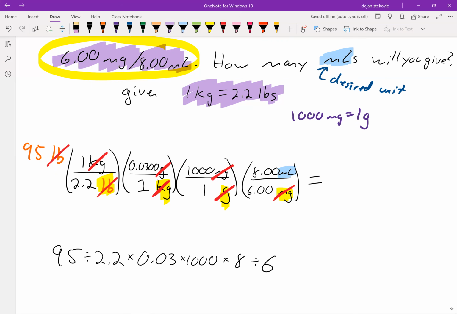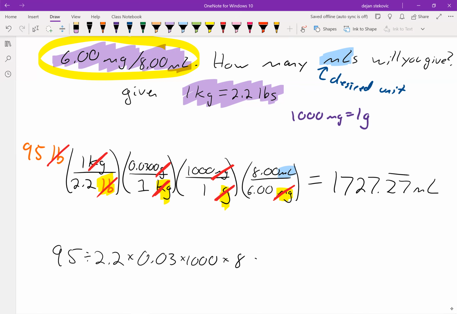Let me just go ahead and type that in my calculator quick. So 95 divided by 2.2 times 0.03 times 1,000 times 8 divided by 6. I got 1727.27 repeated